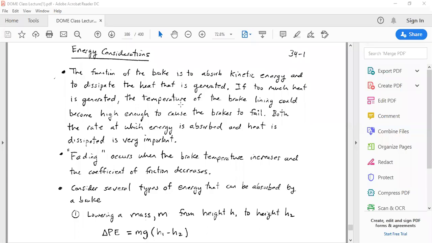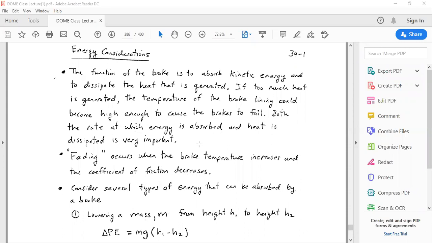Okay, now I would like to also cover another aspect of braking systems, which is the energy consideration of the brake. I would also like to cover an interesting topic in some brakes, which is called self-locking brake. But before I go into that,